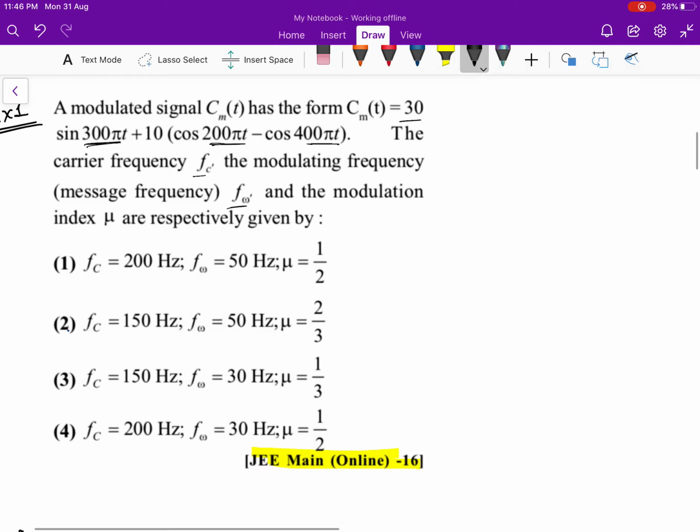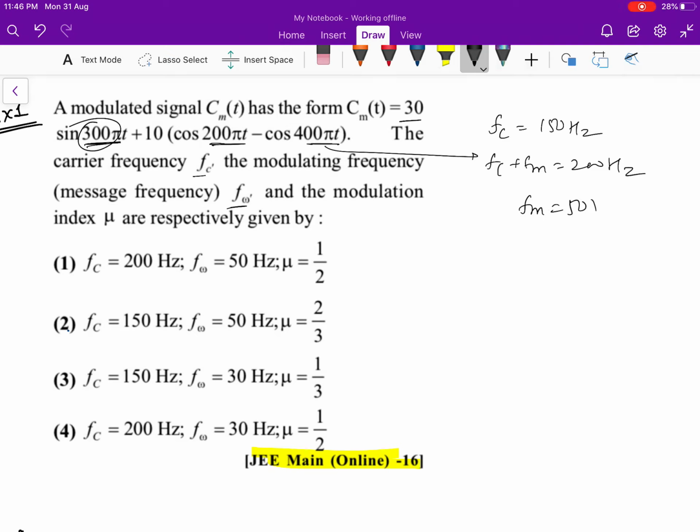So just looking at this, this would be the Fc omega c. So Fc would be 150 Hertz, and seeing from this, this would be Fc plus Fm. Fc plus Fm will come out as 200, and from here directly you can say Fm is equal to 50 Hertz. So Fm you have got, so Fm is 50 and Fc is 150, so you are left with